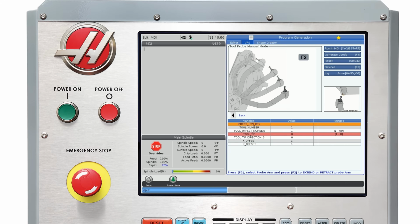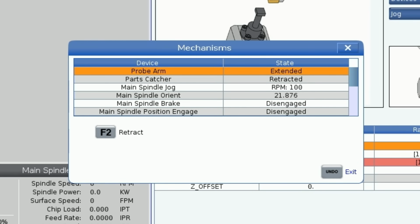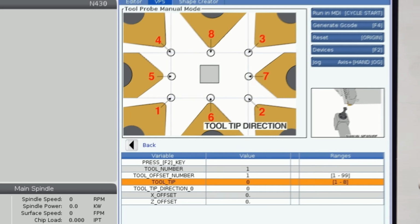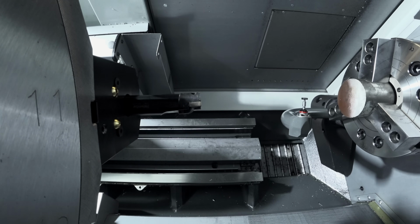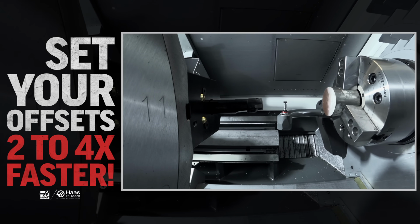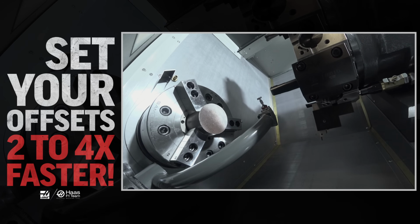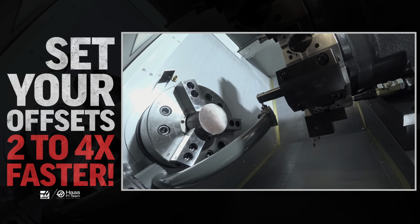Since we've already done full comparisons between both methods, in this video, we'll just quickly run through setting a few tools using ATP so you can get an idea of how the system functions. We find that ATP typically allows us to set offsets 2 to 4 times faster than manual. But in a few minutes, you'll be able to judge for yourself whether ATP will offer a beneficial time savings